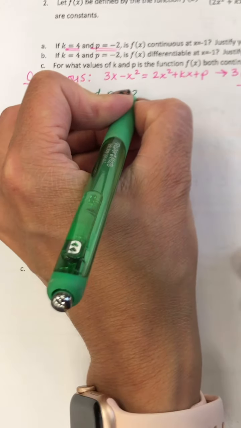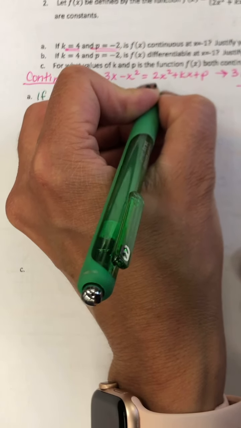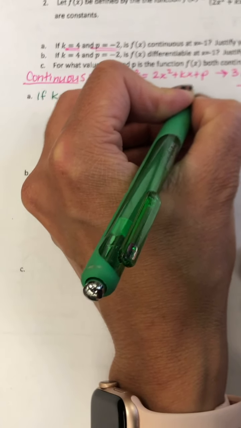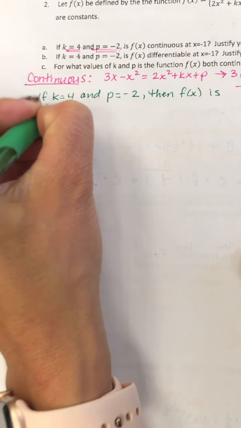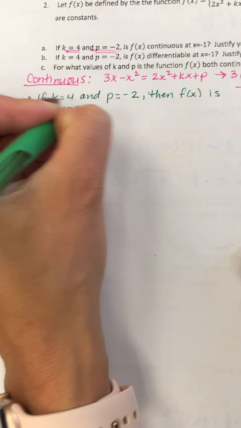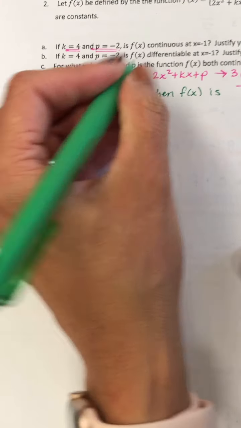And p equals -2, then f of x is continuous at x equals -1,